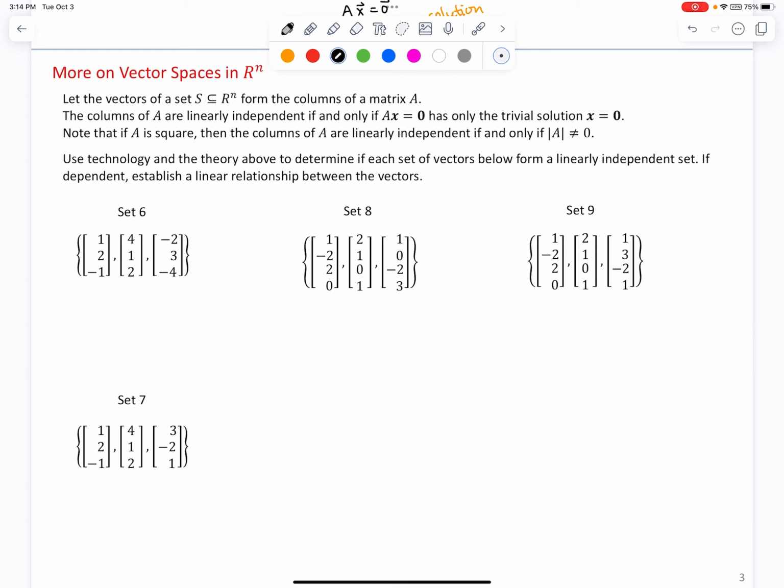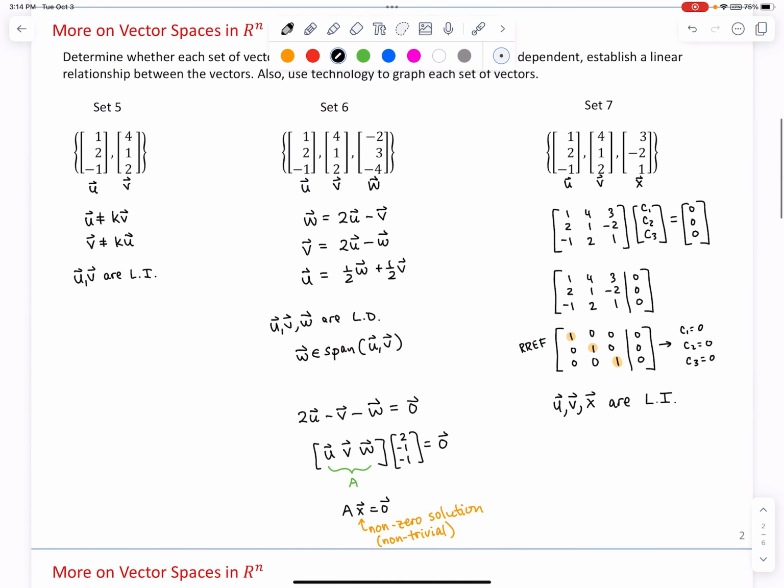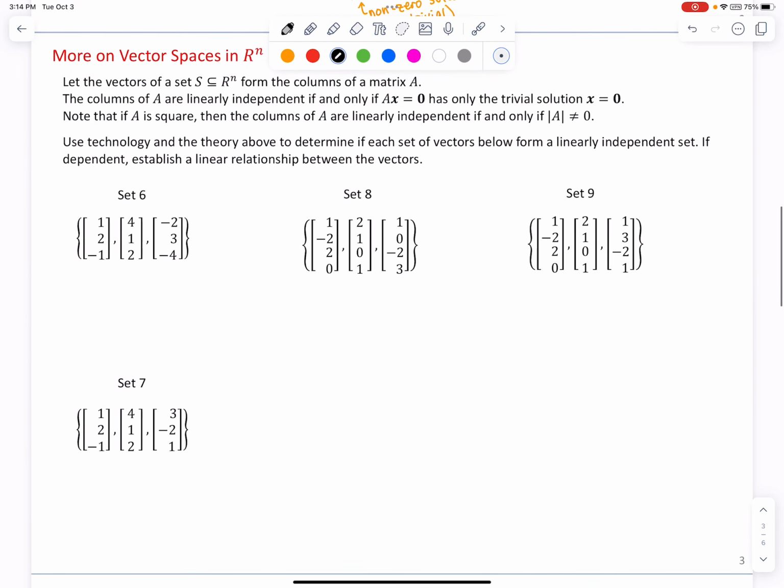Of course, this only works if the matrix A is square. Now in set 6 and 7, these are repeats. These are the same sets that we saw up here, 6 and 7. But because they are 3 vectors in R3, when you make a matrix out of them, that matrix will be square. We just simply have to calculate the determinant of that matrix to determine whether or not these sets are